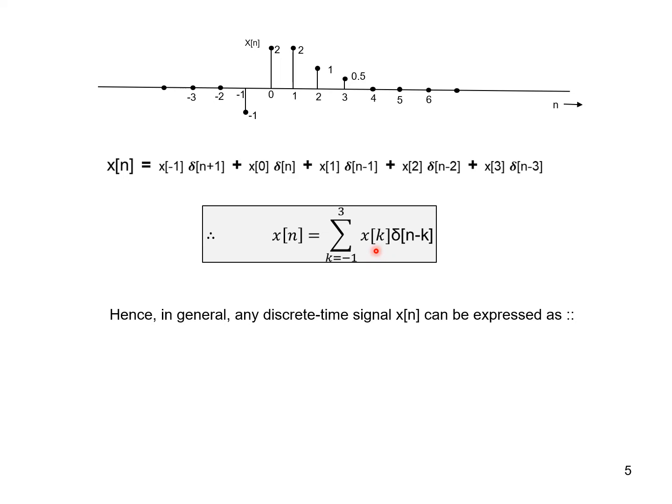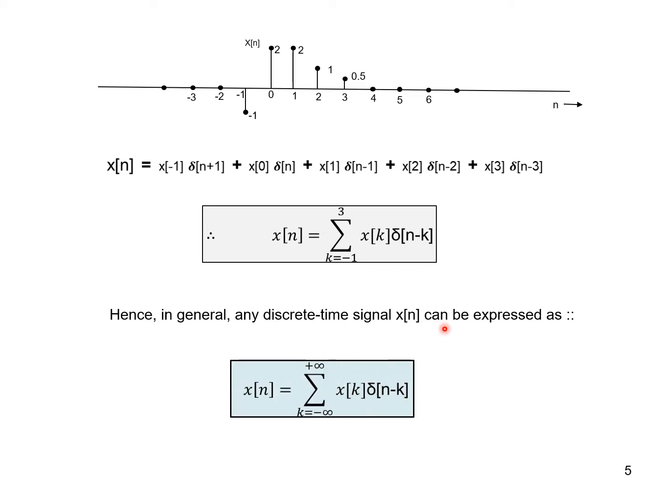In general, any discrete time signal, see, I'm using the word any, in general, any discrete time signal x of n can be expressed as exactly this. Now this is actually our main foundation to understand impulse response representation and its usage in representing an LTI system. I'm writing the input signal as a weighted sum of time shifted impulses. A signal is a weighted sum. Weighted means I am weighing the signal amplitude at each position and then adding from minus infinity to plus infinity, all the possible values of n.